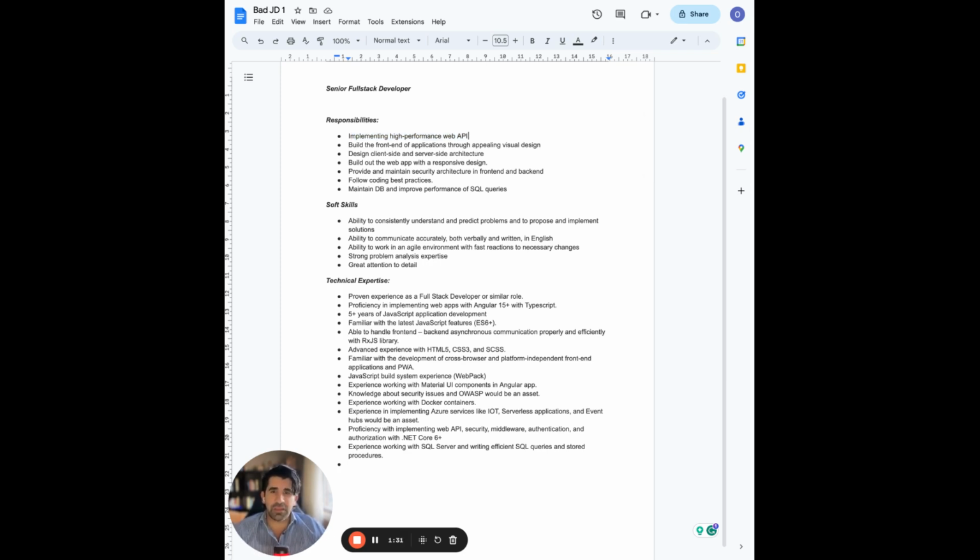What does this mean? What do you mean, implementing a high performance web API? Can you give me some perspective on the kind of load that we're expecting? Because high performance for one company is not high performance for another. What does high performance mean? Is it CPU bound? Is it a database bound operation? Is it complex? Right from the get go, it's a little bit too ambiguous. It sounds good, but it's very ambiguous.